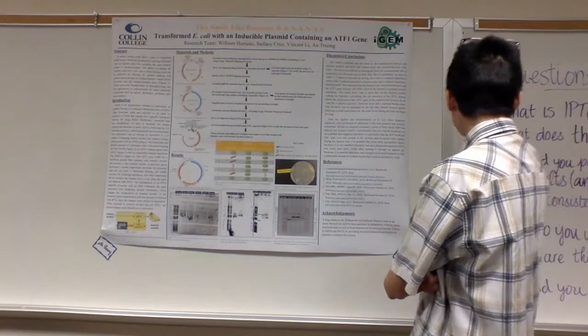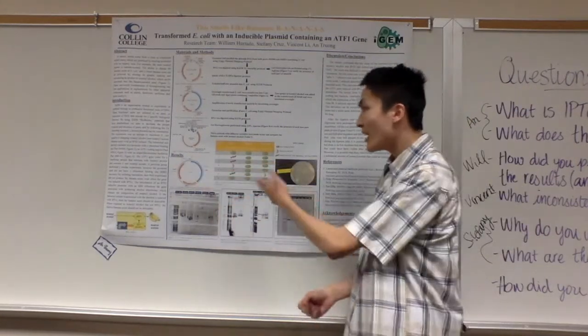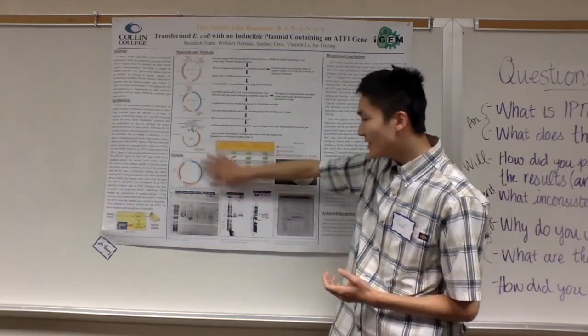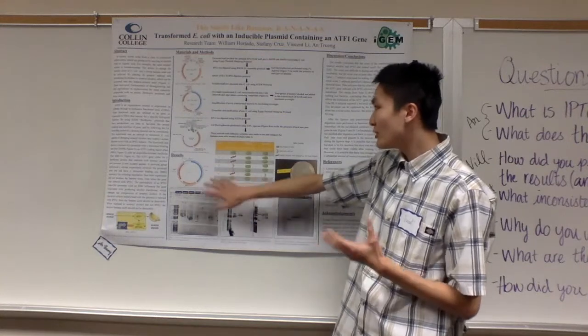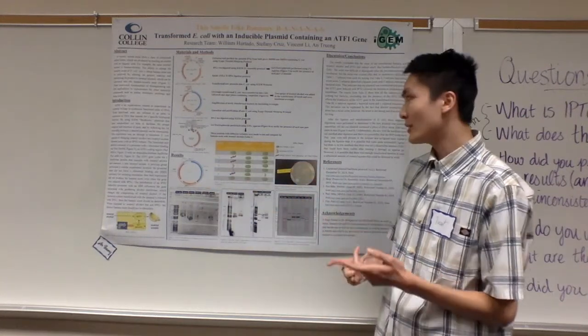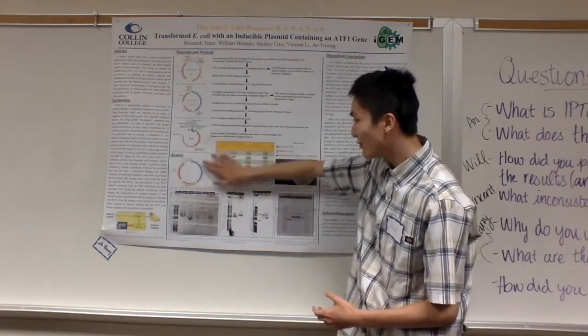So, what is IPTG and how is this related to the LacI? Well, essentially, the LacI produces a repressor protein that prevents the transcription of the ATF1 gene. When introducing IPTG, which is very similar to allolactose, it binds to the repressor protein that's preventing the ATF1